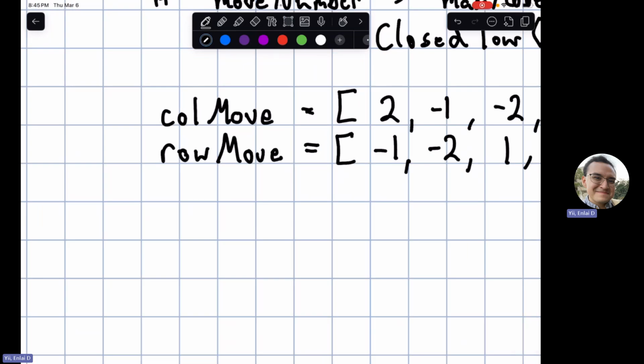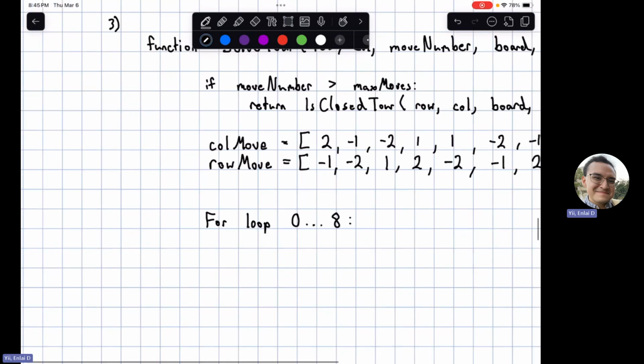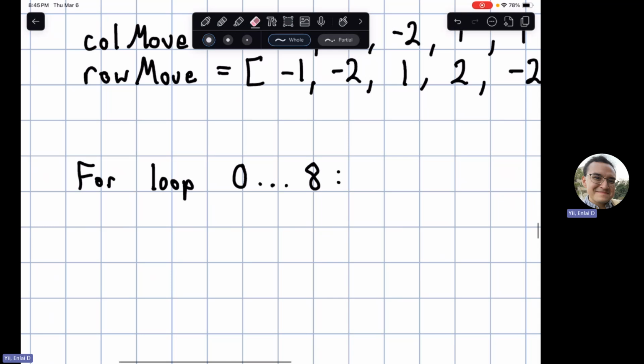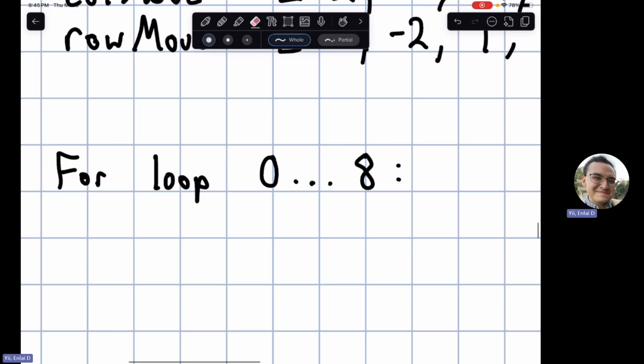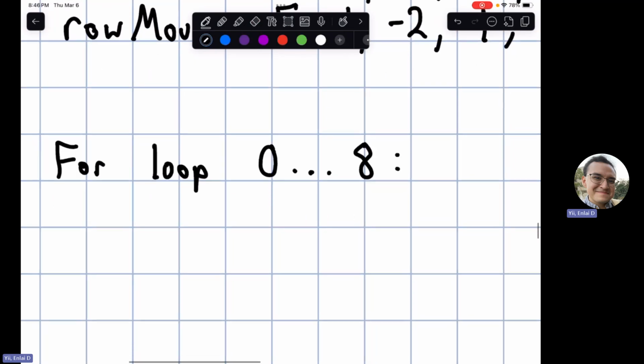Basically have a for loop that will go from 0 to 8, because we need to do this 8 times. 0 all the way until we reach 8. And since this will need to do a few things, we have to check the next move. So let's declare the next row and column variables, and we can just use what we used above for the next move. We can use all possible L shape moves. My bad, got a little bit twisted in my mind. So we can say